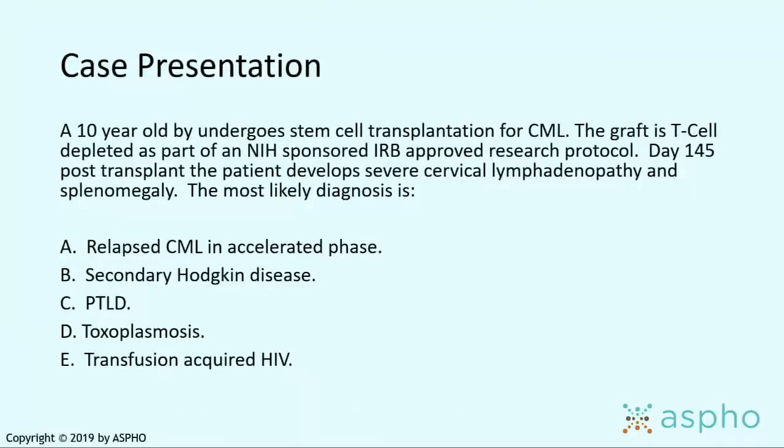You got a patient who had a transplant for CML, had a T-cell depleted procedure. He's day 145, and he's developed significant cervical lymphadenopathy and splenomegaly. So what are you going to do? You're thinking, uh-oh, he's relapsed, accelerated phase, he's got secondary Hodgkin disease, PTLD, toxo, transfusion-acquired HIV, and the answer is